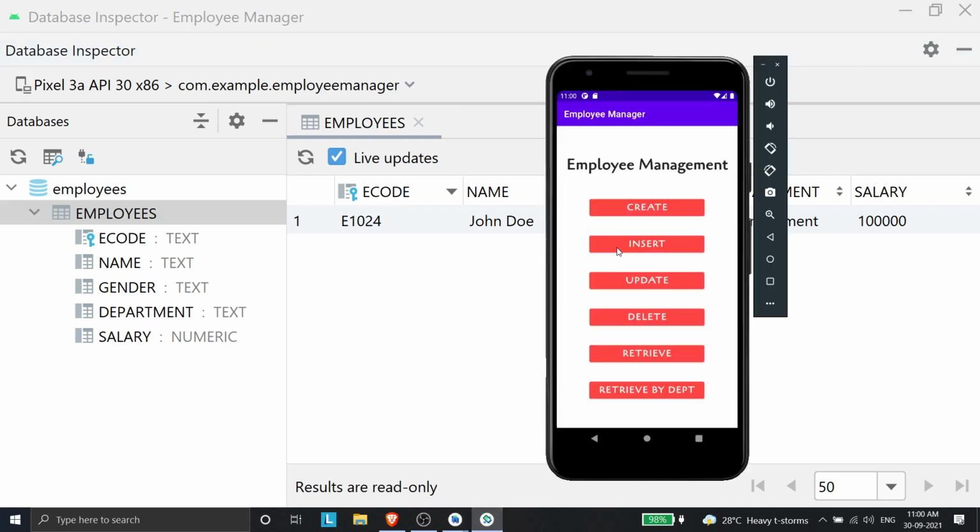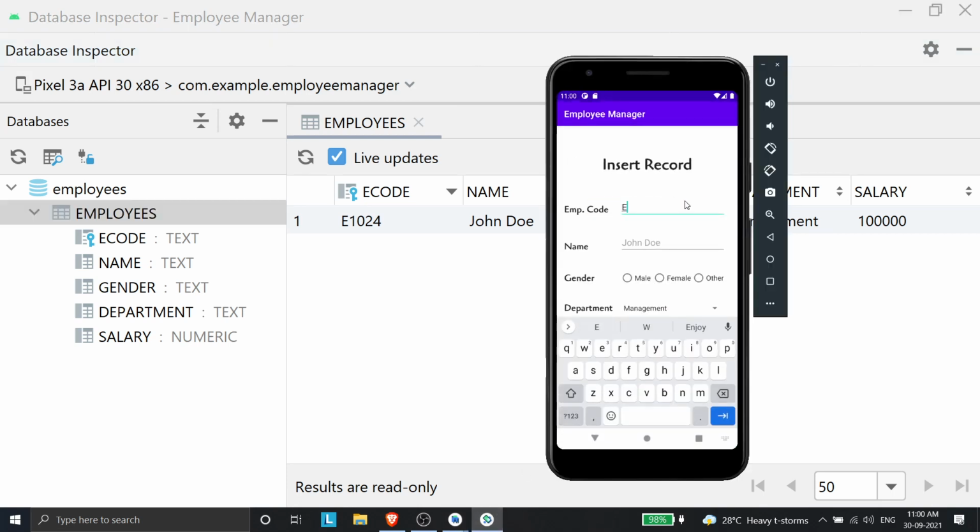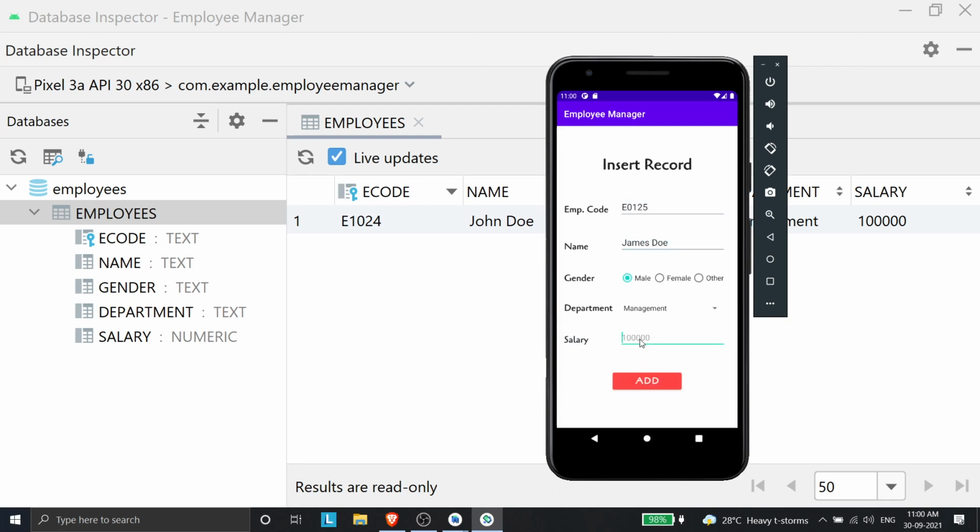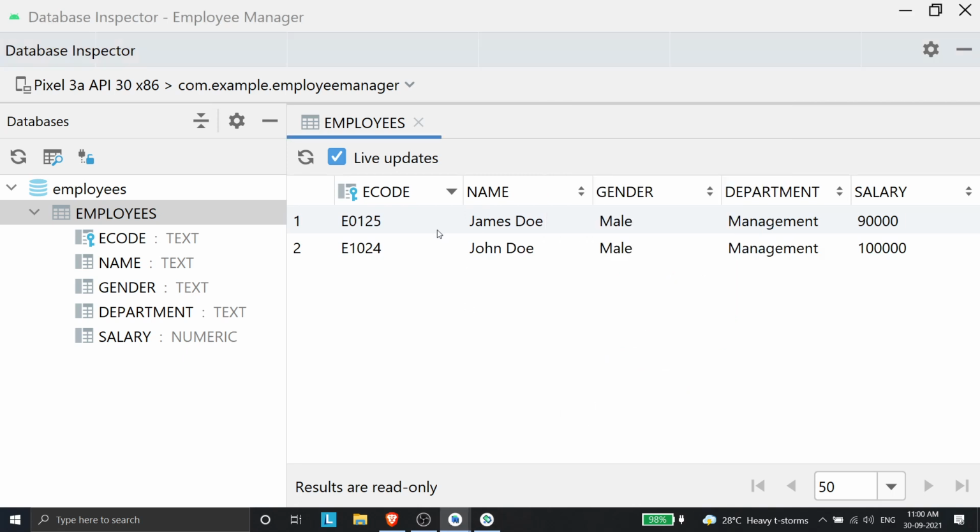If I insert another record, E1025, I'll just have him in the management department as well. If I add it, as you can see, E1022, I made a mistake, it's E0125, but whatever. So that record is also shown in the database inspector.